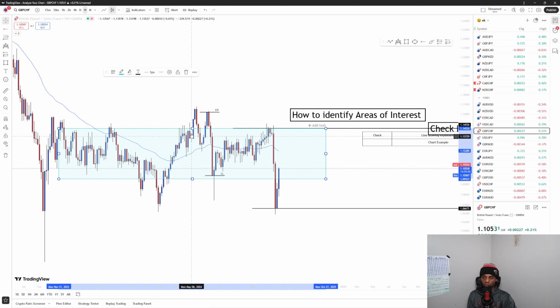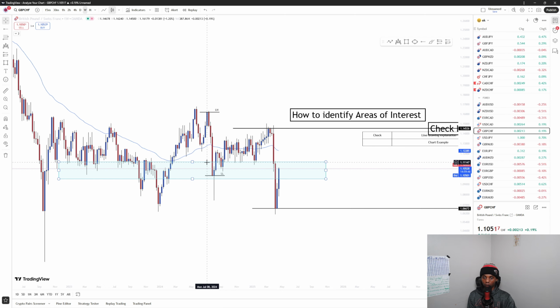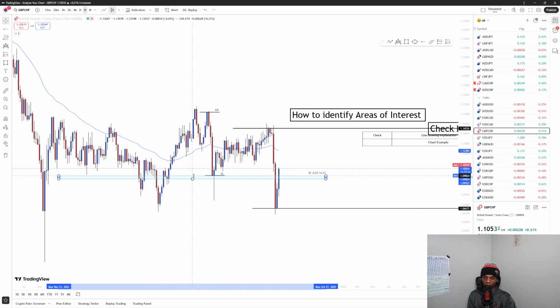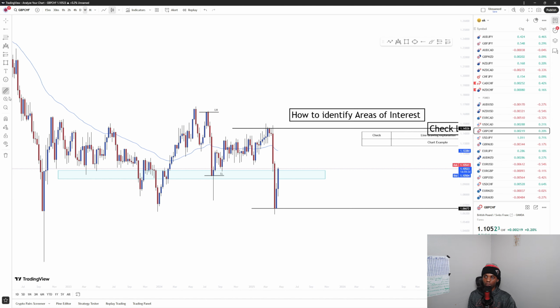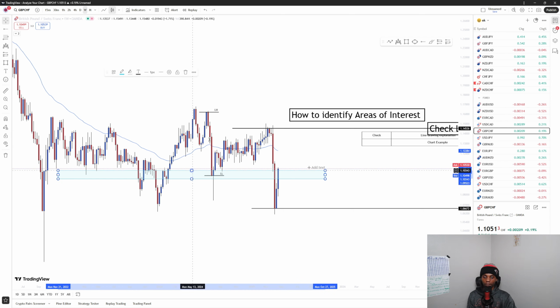get to another structure, bring the top part down. Let me see. Okay, I guess this is also a structure. We have 1, 2, 3, 4 touches. How big is this zone? 82 pips, not valid. Put this back,